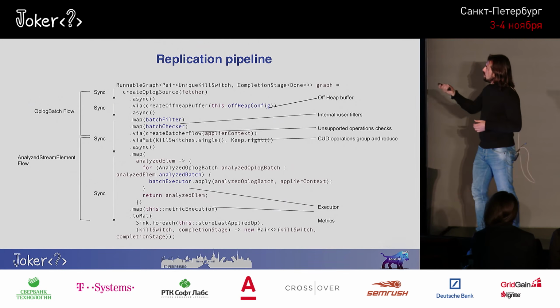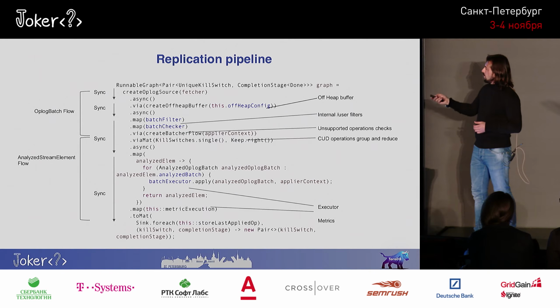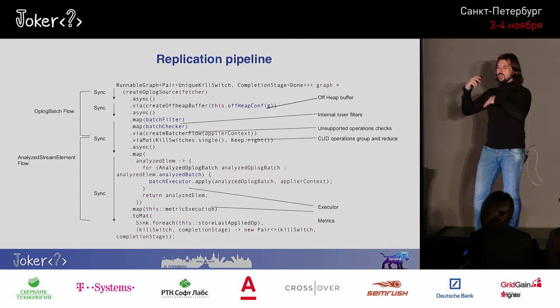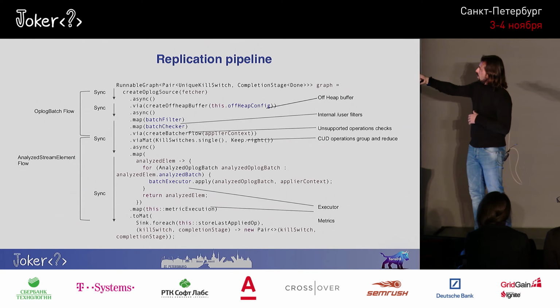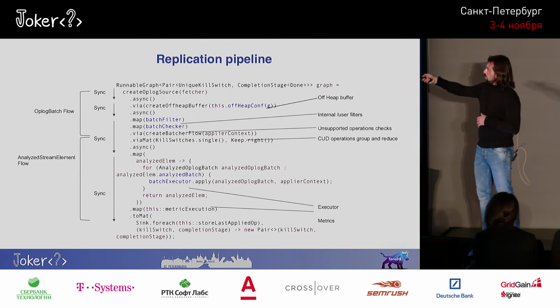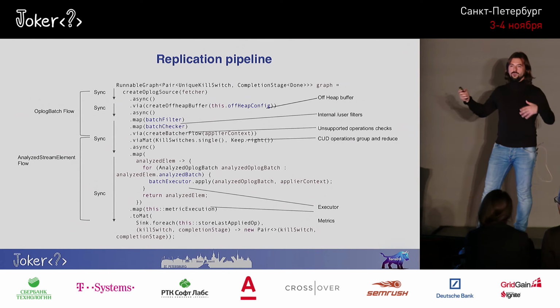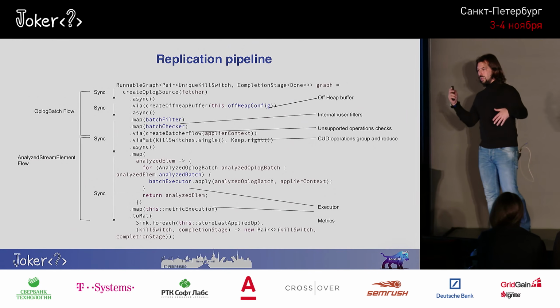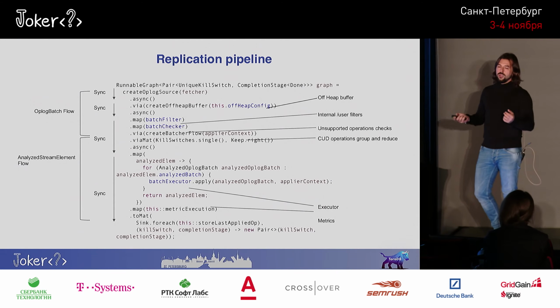MongoDB replication. You see some async calls, which are the points at which there's going to be an async barrier. So the groups between these async blocks are going to be operated synchronously. All this part is synchronous, like all these 4 lines are synchronous, but the whole block is asynchronous on itself. And Akka will take care of how to dispatch this between all the threads, or the actors, technically